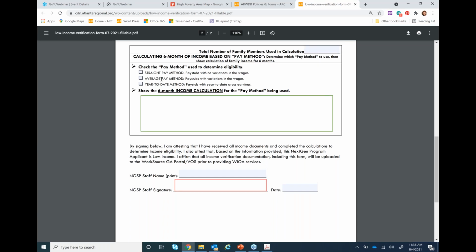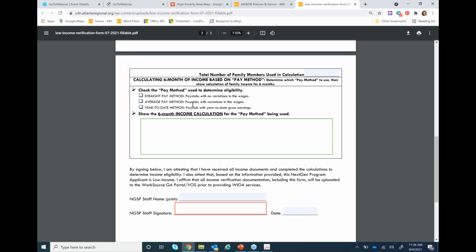There are a number of pay methods that you can use, but basically it's a little bit of common sense. If you get 2 pay stubs that represent a month's worth of income, then of course you add those 2 pay stubs together and multiply that by 6 to get your number. Or you may get a tax record, and that's going to be the whole year's taxes, so you would divide that in half. That's all it's saying. The pay method is just saying that whatever information you have needs to be compiled and calculated for 6 months of income.